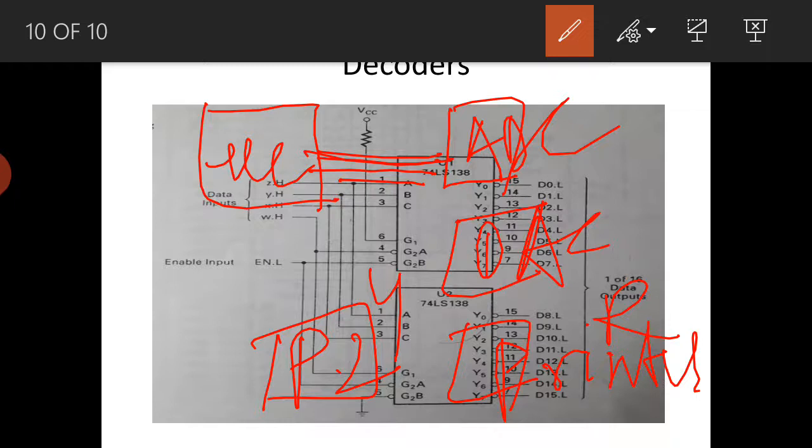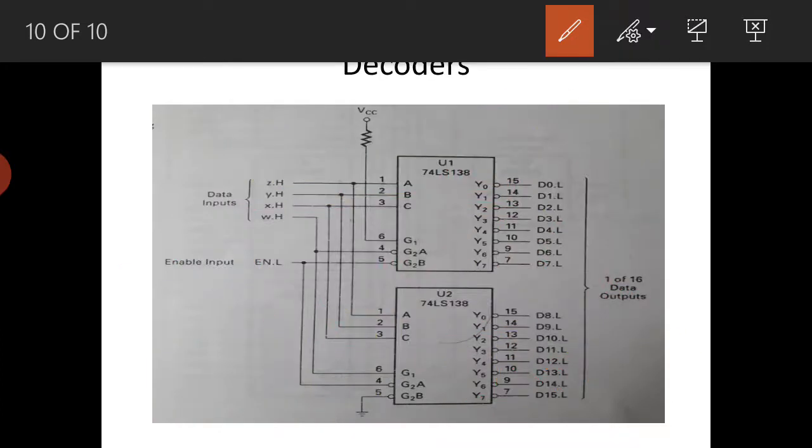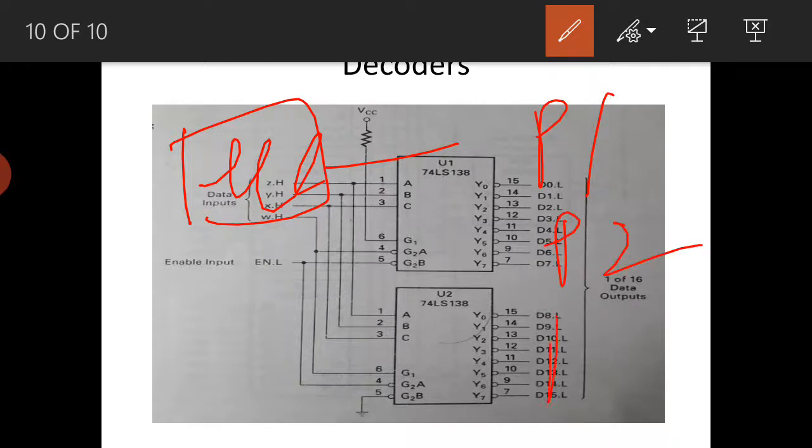Suppose somebody wants to give a print in a server, where many printers are there, so we need to select the printer. One will be inkjet, one dot matrix, or one laser, whatever it is, we select the printer and give the print to it. Suppose these are printers 1, 2, 3, we will select by giving the input here.